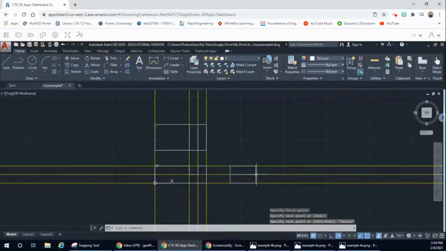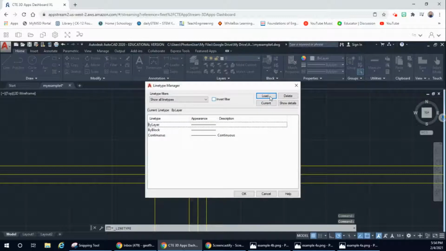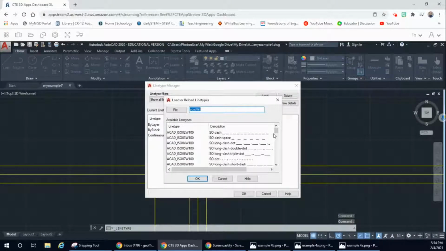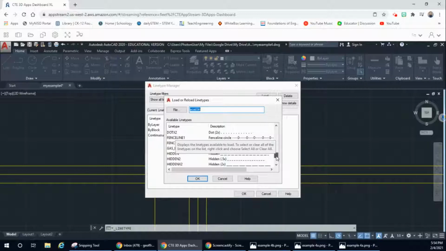Okay, and so now what you're going to do is come up here to by layer. Click on here, go to other, and we're going to load a different dash line. You can't load any of the ISO because we're using AWD. Okay, and so we're going to come down here and use the hidden